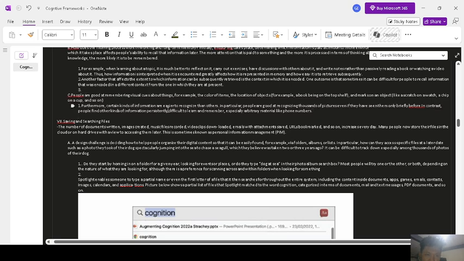People are good at remembering visual cues about things. For example, the color of items, the location of objects, for example, a book being on the top shelf, and marks on an object like a scratch on a watch, a chip on a cup, and so on.